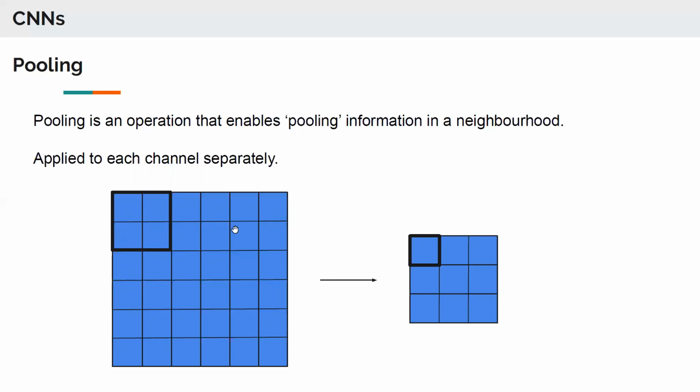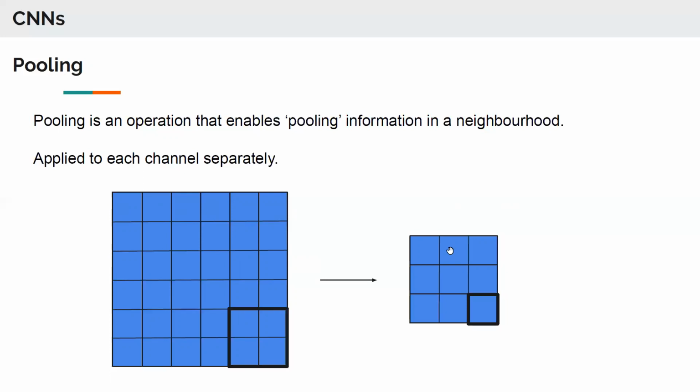This is applied to each channel independently. So let's say this is the output of a convolution operator, so this is one output channel. Now we can look at this region of this channel, look at these 4 pixels, and somehow aggregate the information from all those 4 pixels down to one number. And then we can move this black box here. Now we have these 4 pixels, and we again aggregate the information of these 4 numbers down to this number. And we can keep doing this.